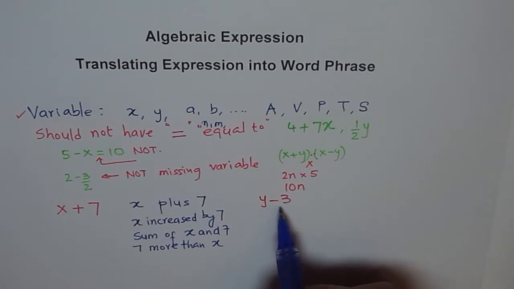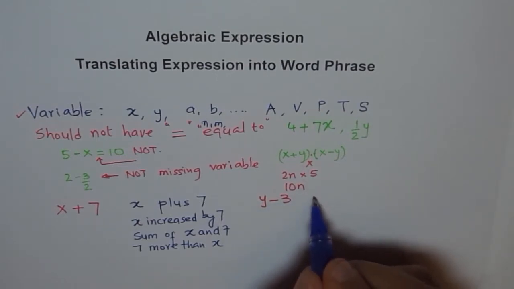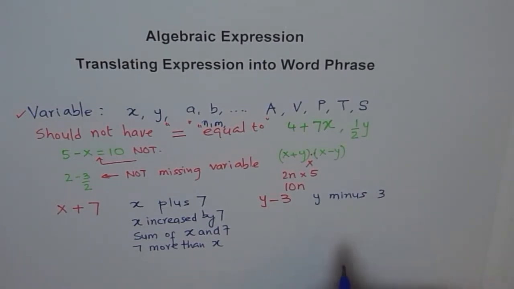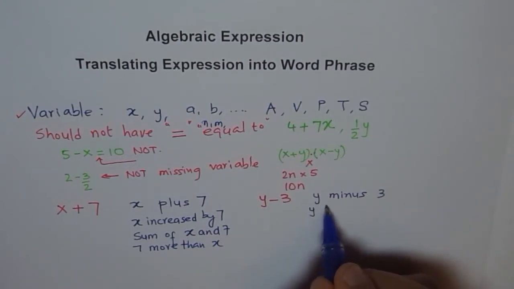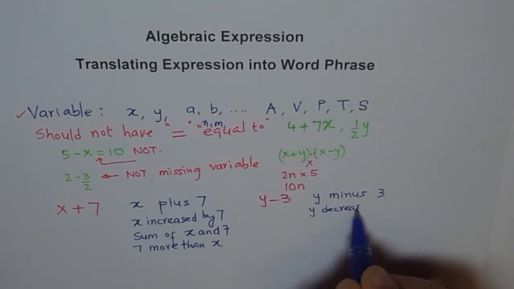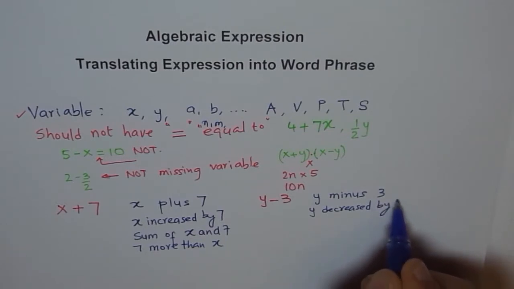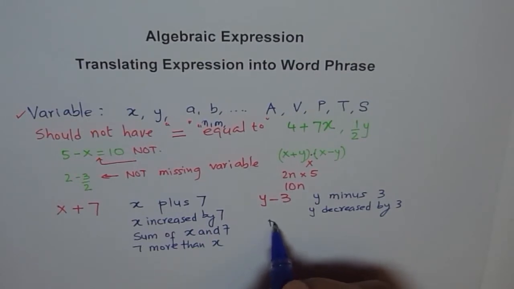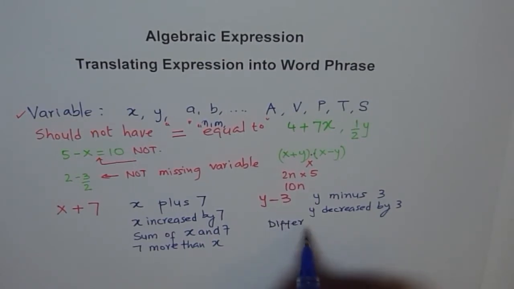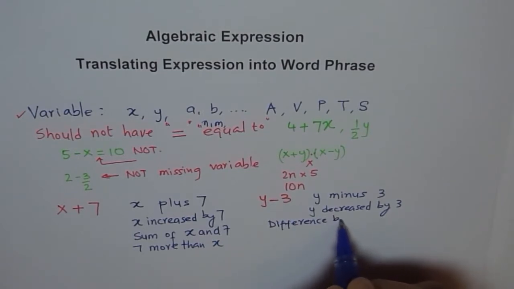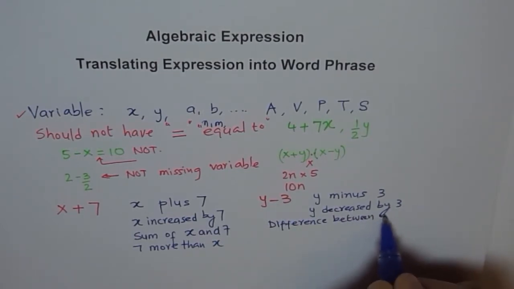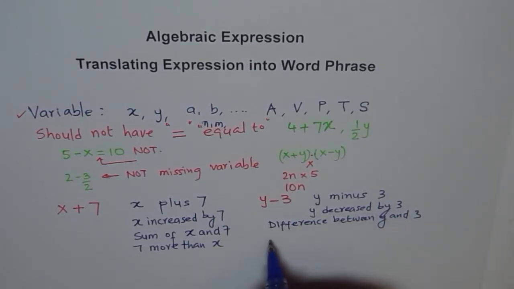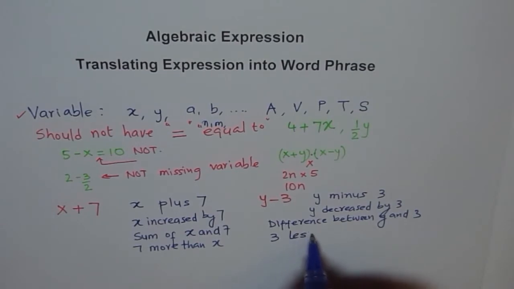Now y minus 3, I can say this as y minus 3, or I can say y decreased by 3, correct? I can also say difference between y and 3. I can also say difference between y and number 3, correct? Or I can say 3 less than